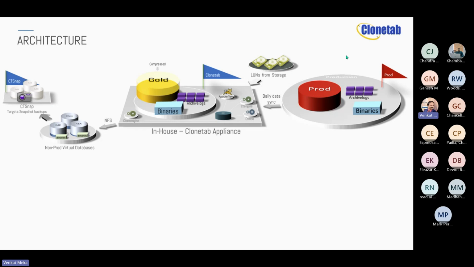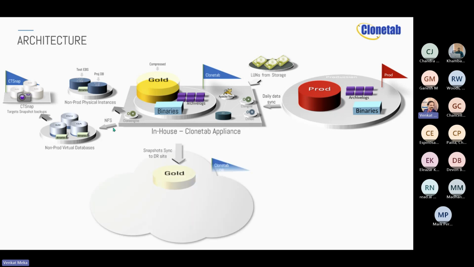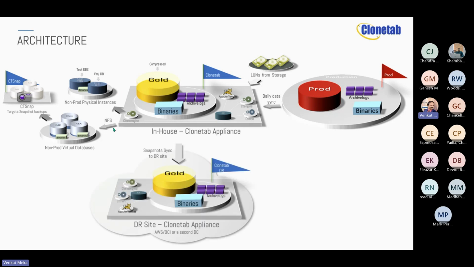And this is all like virtual clones that we are doing here. And you also have capability to do block level clones. Of course, there is no storage saving with the block level clone, but maybe for UAT or some other purposes, you want exact replica like your production. So you can do that if you have a need. And now this is all, say, within one cloud environment. And this Clonetab appliance typically sits near your target non-prod environments. So if you have EBS, say on AWS, and in zone 2, for example, the Clonetab appliance also would go to zone 2, whereas your production may be in zone 1.